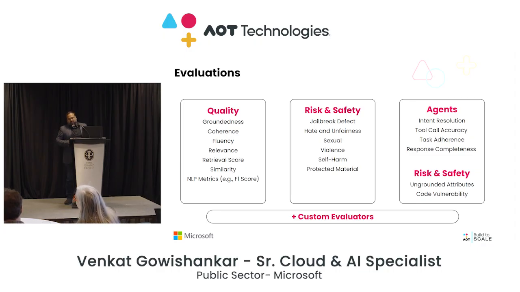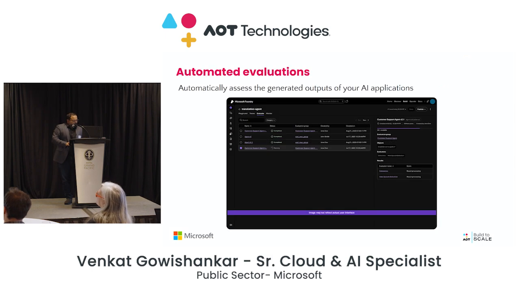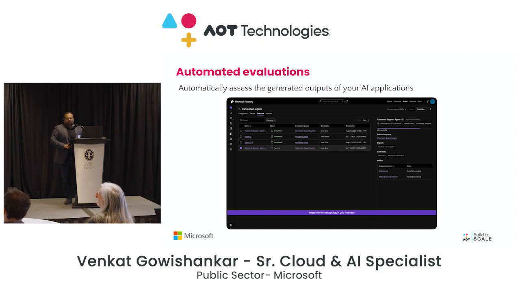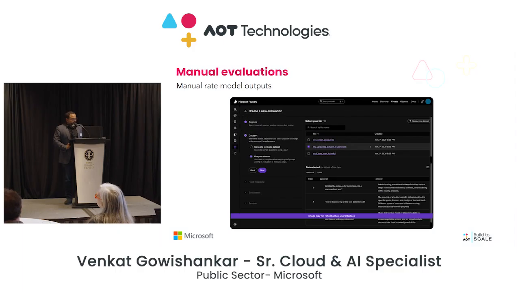And then of course, before release, we have the evaluations, which also go through all of these checks to make sure that your agents are safe for production release. Automated evaluations is what I said before. You create your data set, and then you make them go through all of these tests. Then in your DevOps pipeline, whether it's GitHub or your tool of choice, you put the gates saying that, okay, it passed A, B, and C, fit to release to production. You also have the option to do manual